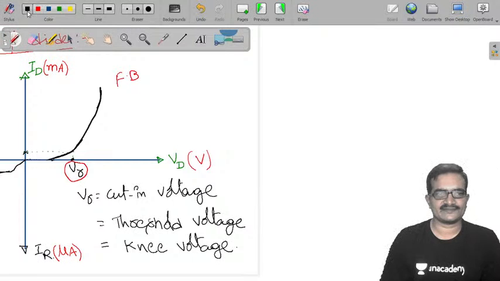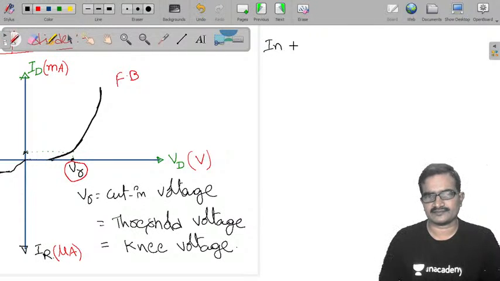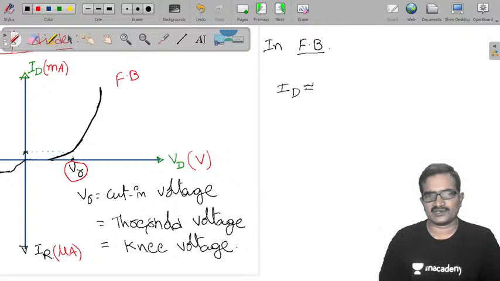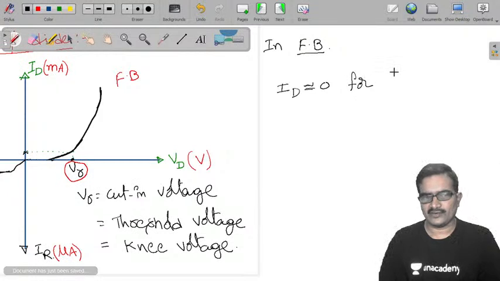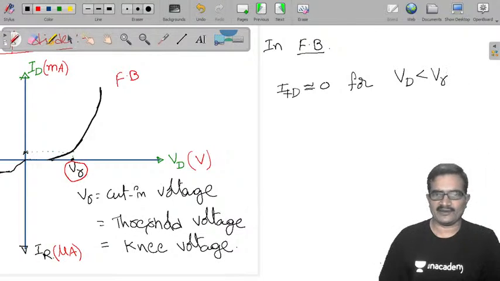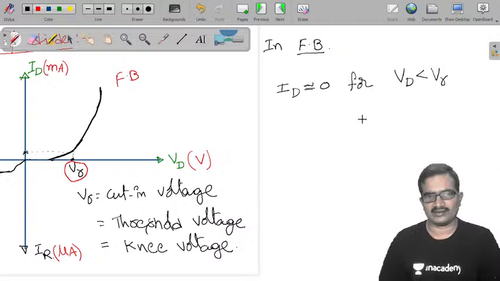In forward bias, ID is approximately 0 for applied diode voltage less than V gamma. If applied voltage is less than V gamma, diode current is approximately 0. Okay, and